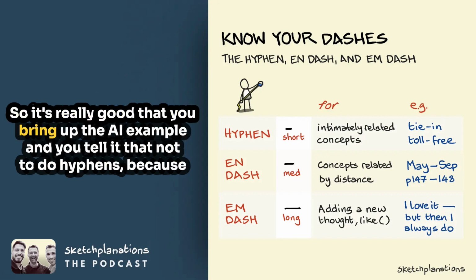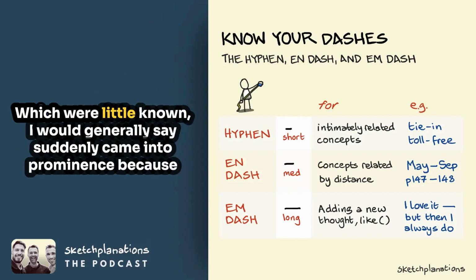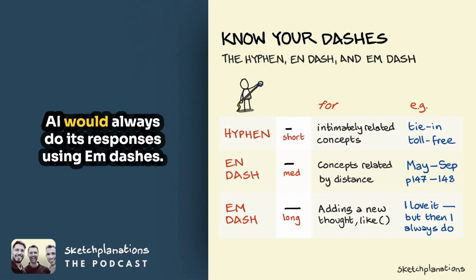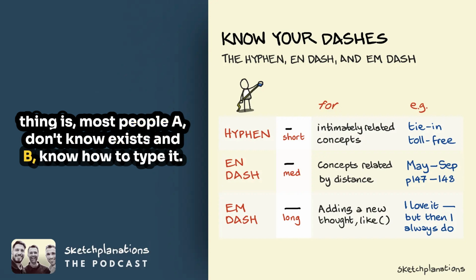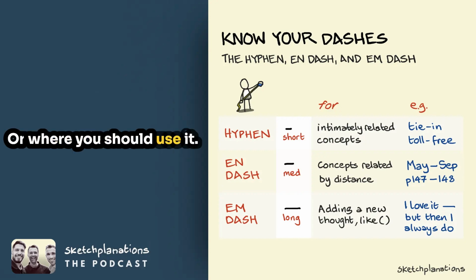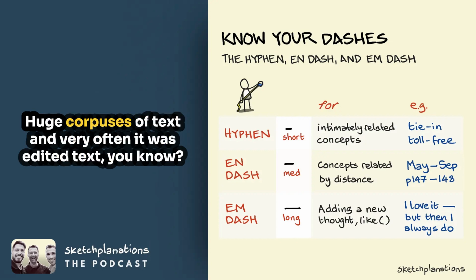Tom, it's really good that you bring up the AI example and you tell it not to do hyphens, because one of the reasons I thought this would be a fun sketch to discuss is because M dashes, which were little known, suddenly came into prominence because AI would always do its responses using M dashes. Everybody was like, hang on, most people are not using M dashes in text, because most people don't know it exists, or know how to type it or where you should use it. But AI was essentially trained on huge corpuses of text, and very often it was edited text,